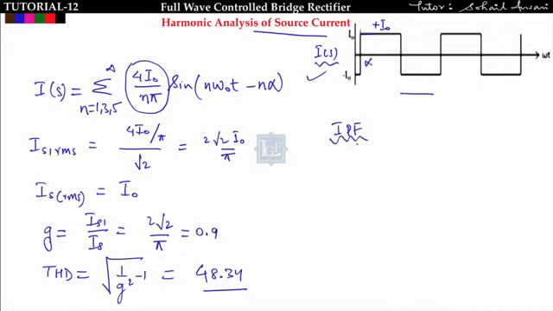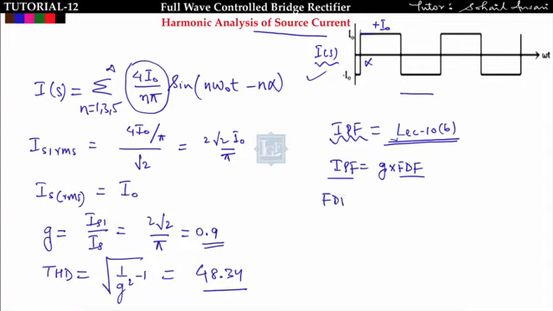Now find the input power factor. To find the input power factor, I told you the procedure: always put P in equal to P out. You can find it like that also. And here the input power factor I have derived in the previous lecture, lecture number 10b. If you have gone through my lecture number 10b, then I derived that the input power factor is nothing but G into the fundamental displacement factor, where the fundamental displacement factor is nothing but cos of the angle between the fundamental source voltage and the fundamental source current.